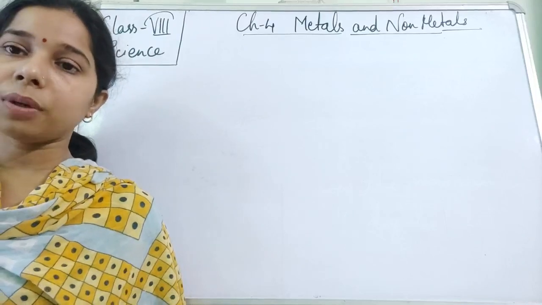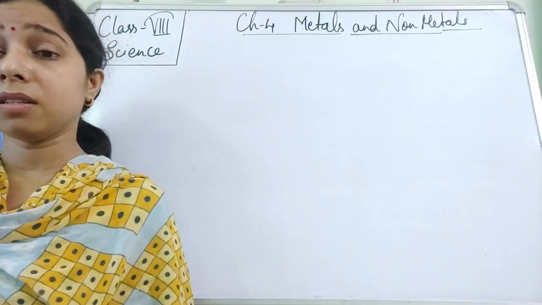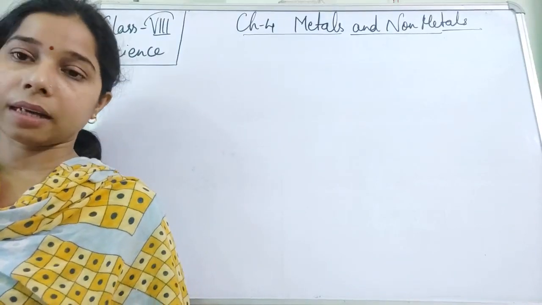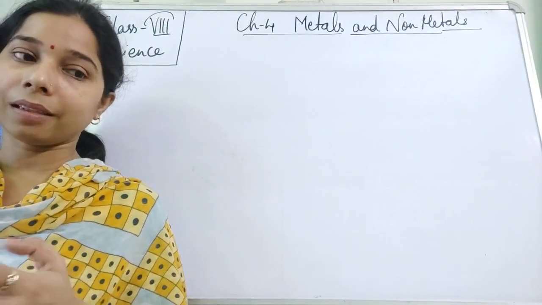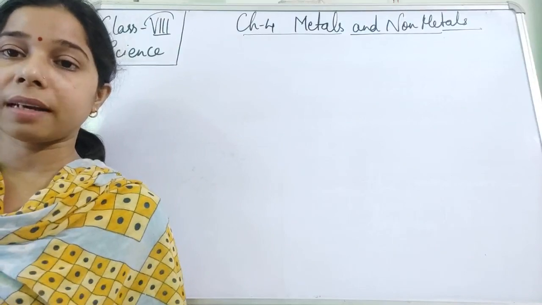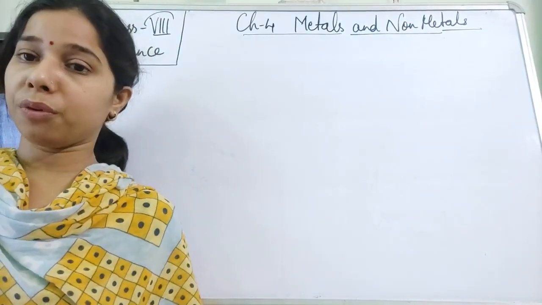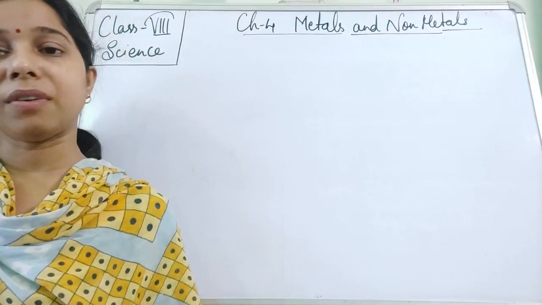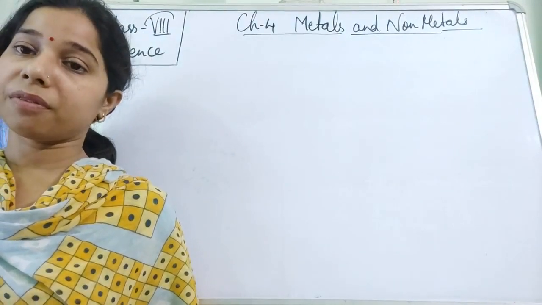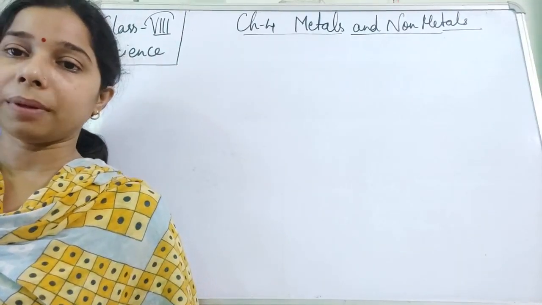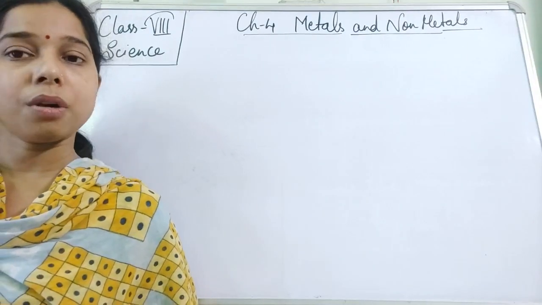So this is how we have seen that metals generally form the oxide, but the formation of the oxide occurs in the metals at different temperatures. Some of them are more reactive, so they can form the oxide even at room temperature, while some of them are least reactive, so they need more heat, more temperature in order to get converted into the oxide.